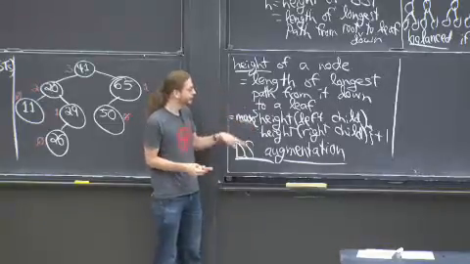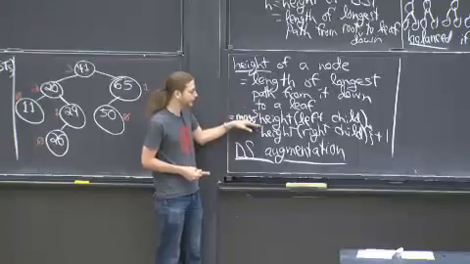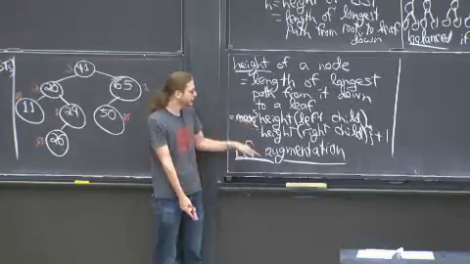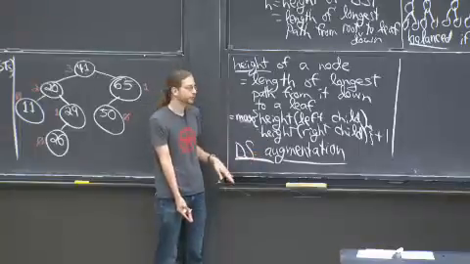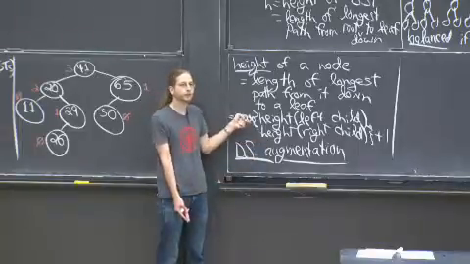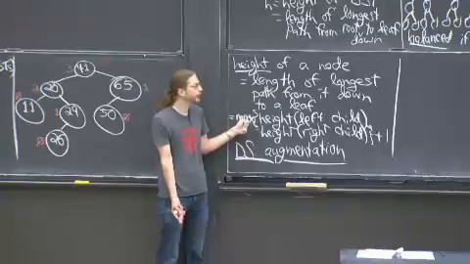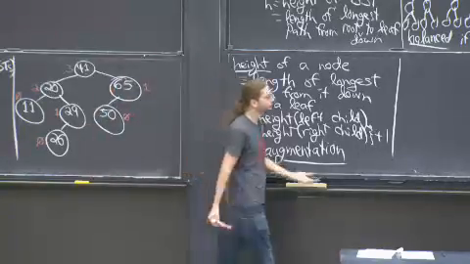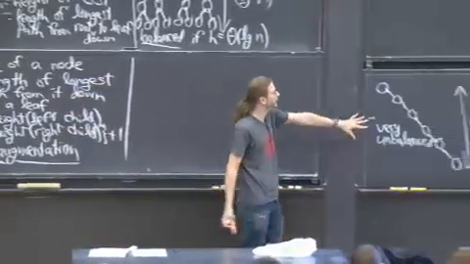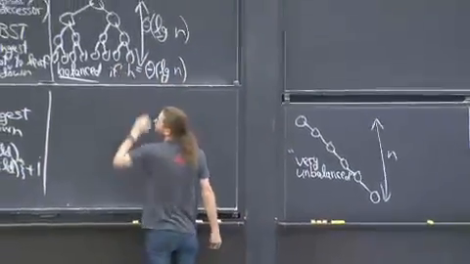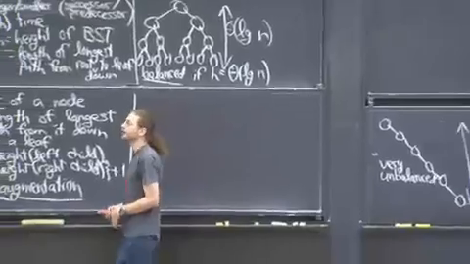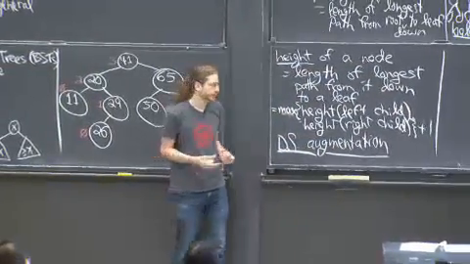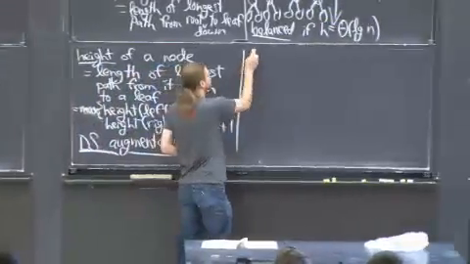there's sort of a general theorem. Whenever you have a nice local formula like this for updating your information in terms of your children, then you can maintain it using constant overhead. So we can store the height of every node for free. Why do I care? Because AVL trees are going to use the heights of the nodes. Our goal is to keep the height small. We don't want this. We want this. So a natural thing to do is store the heights. When they get too big, fix it. So that's what we're going to do.